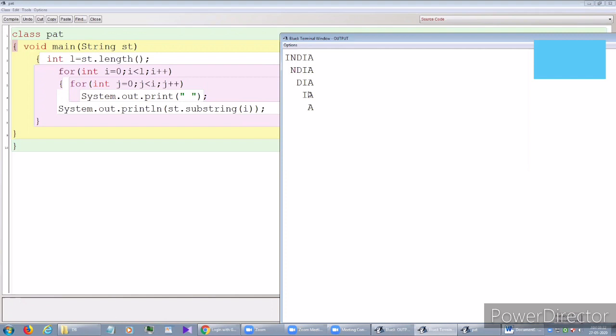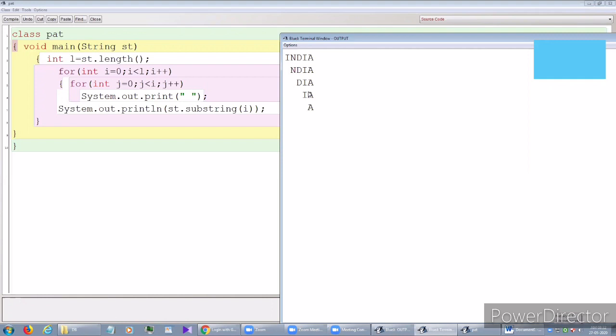That means if you recall the nested loop concept, during the continuation of the nested loop concept, we deal with different types of patterns. And here also we are dealing with different types of patterns, but with the help of string as well as substring. If we do not use substring, then a nested loop is required. It's not difficult, we are able to do it, but one more loop will be there, and for this you have to use the charAt method. So it's better to know substring. Substring is helpful for us.